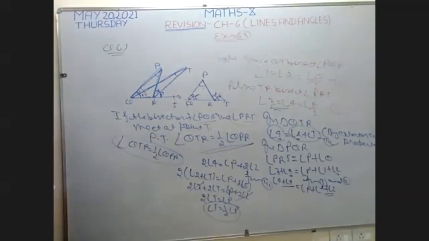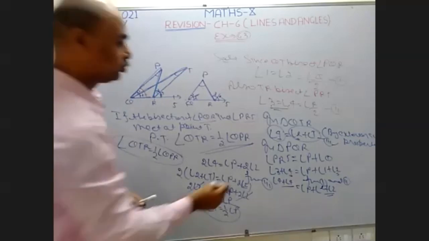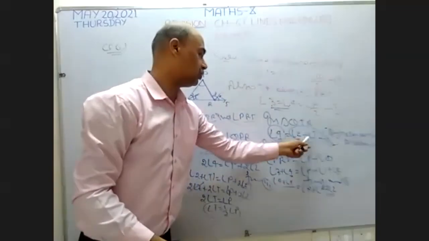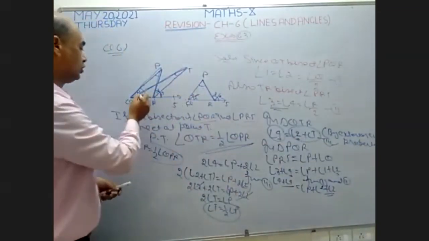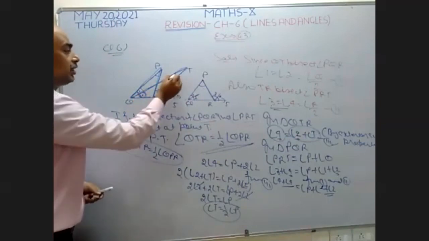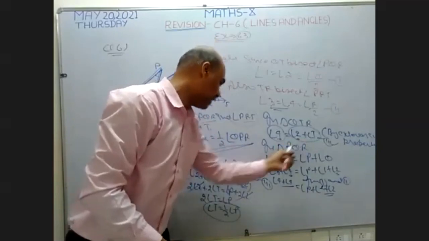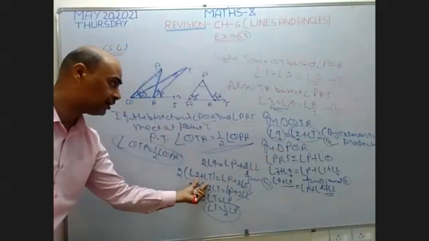Sir, I want to ask one thing. Yes, ask. Sir, where you have written in angle Q, in triangle QTR, angle 4 is equal to L plus T. So over there, L plus T is angle 2 plus 3. Where is L plus T, beta? This is 2 beta, not L. This is 2 plus T, beta. This is angle T. Angle 4 is equal to angle 2 plus 3. Instead of angle 4, I write angle 2 plus 3, beta. Okay, sir.